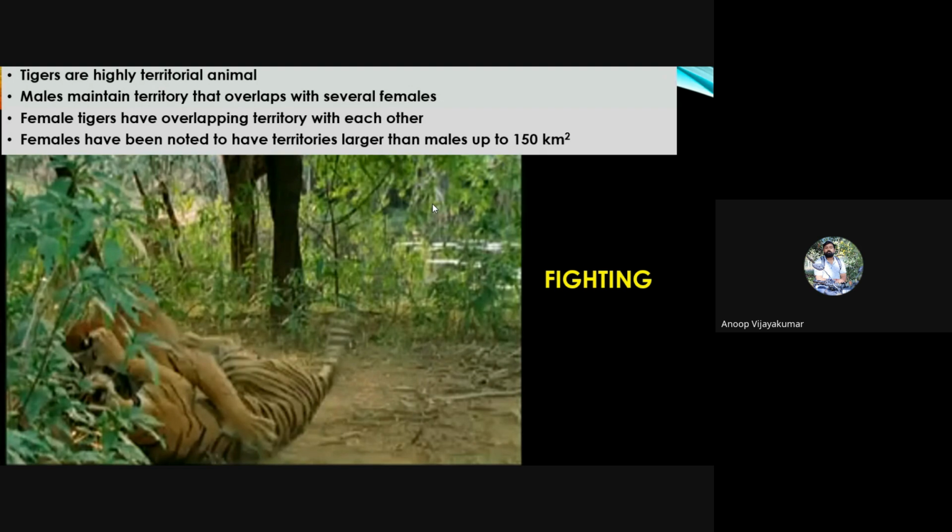There will be a proper report by the National Tiger Conservation Authority, including prey species availability and all that information. Habitat information will also be there. There is an 8-day protocol, like 8 days of preparation or data collection. After that, there is camera trapping, 30 days of camera trapping. So there is a long exercise going on in India to collect information on tigers.